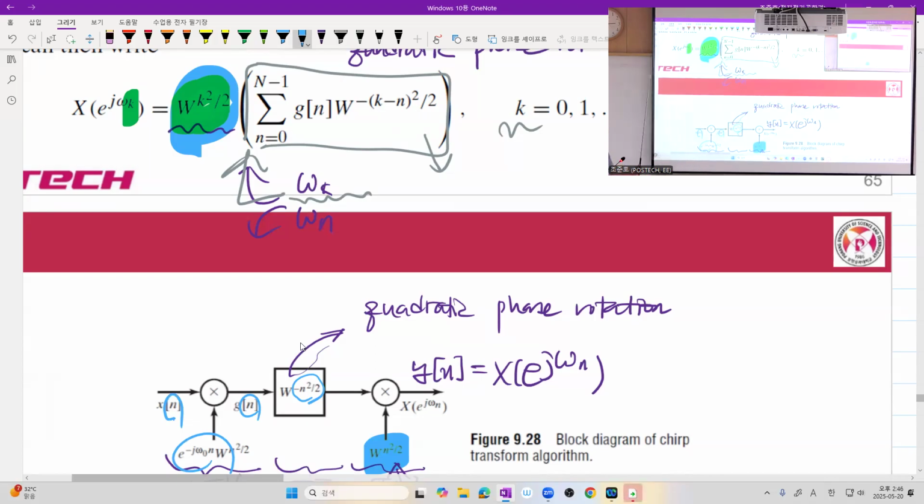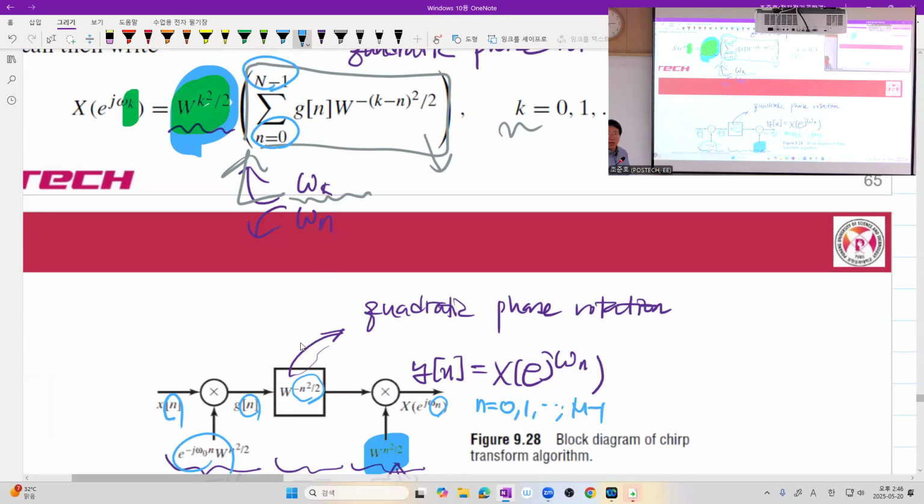So we have eventually X evaluated at e to the j omega sub n. Got it? I haven't yet determined whether this is correct or not, but it seems this is correct after we properly scale. And interesting thing is that we just need to evaluate